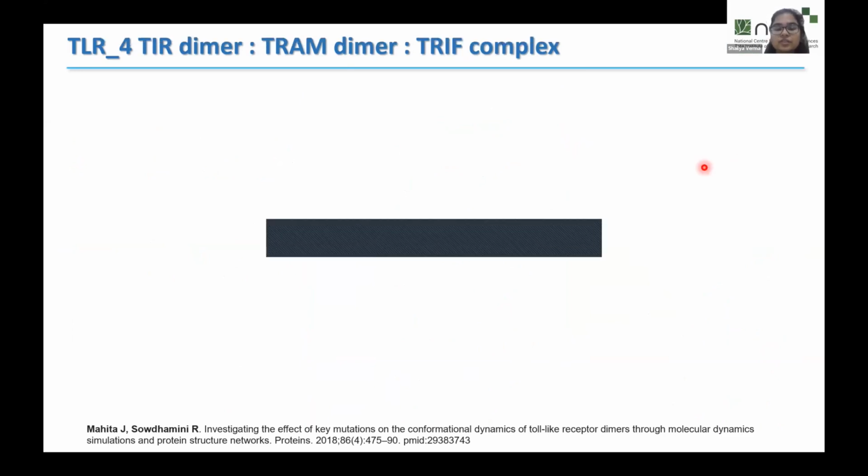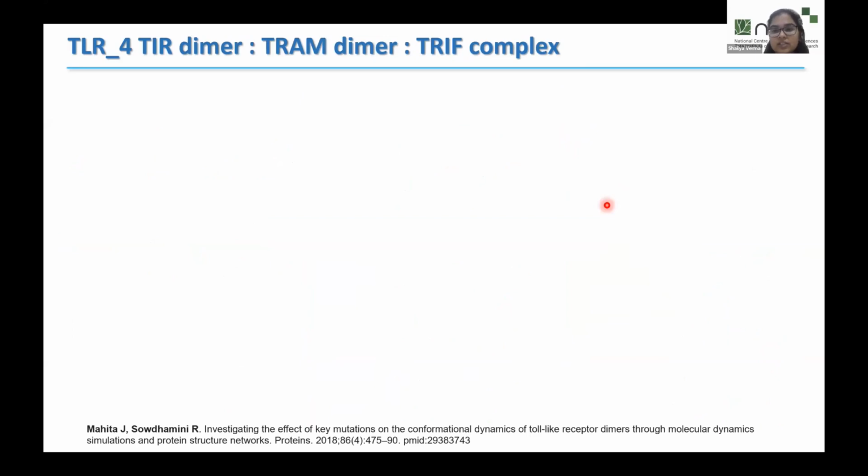So later, why does this modeling become important? Because with the help of such modeling, we can look for the downstream partners and how any abrogation or any changes will obstruct,